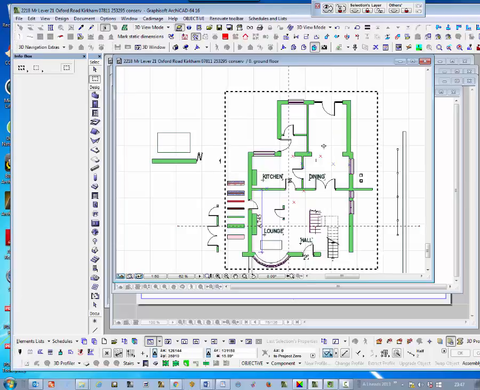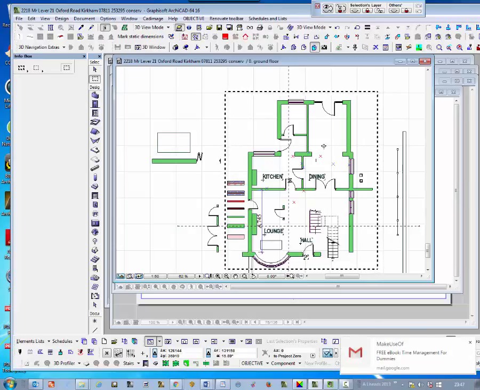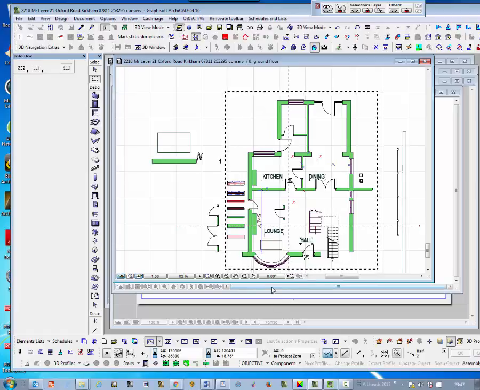Now, when we do surveys, what we do is that we measure from the floor to the ceiling, and we assume that they've got a ceiling thickness or a first floor thickness of 200. So when we've measured, in this case, a ceiling height of 2320, it means that from ground floor to first floor, including the thickness of the floor, will be 2320 plus 200, which is 2520. Now, what we need to do is make sure that all these walls are 2320. And to do that,